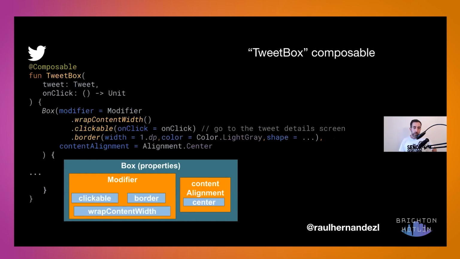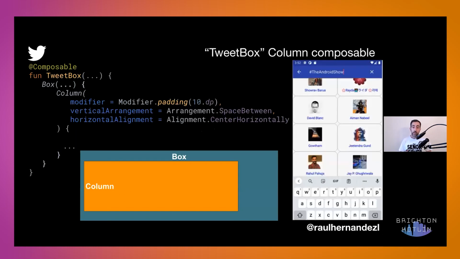Right. So the tweet box is going to create a box that contains the on click that we pass by means of this higher order function, and then the box contains this particular setup with the alignment and everything like that. Into this box, I use a column. Here's where we can see the UI that I want to render. So this contains an image, separation, and a text. So the box contains a column. If you're familiar with Android, you will think this is equivalent to the linear layout. Exactly the same, we use a column here.